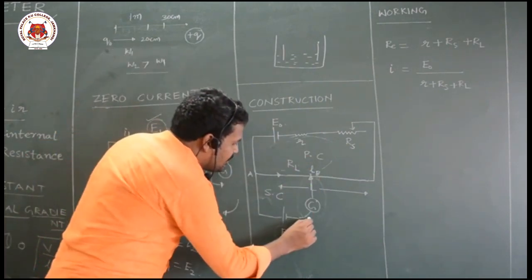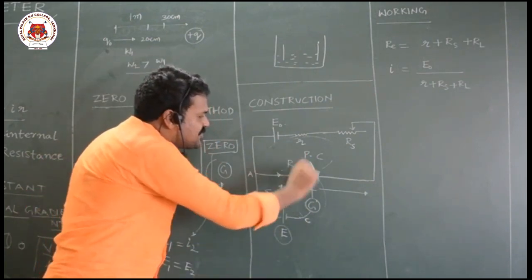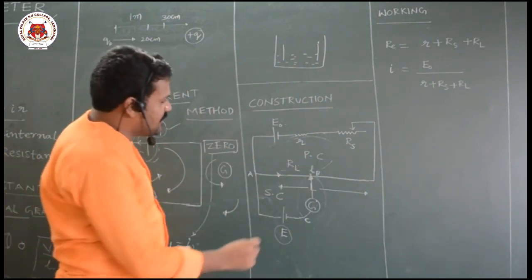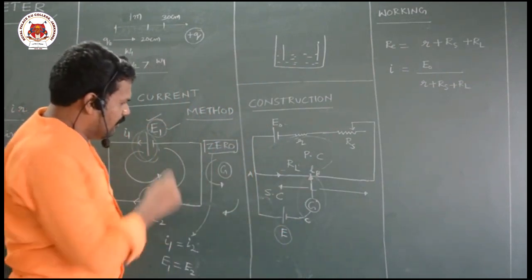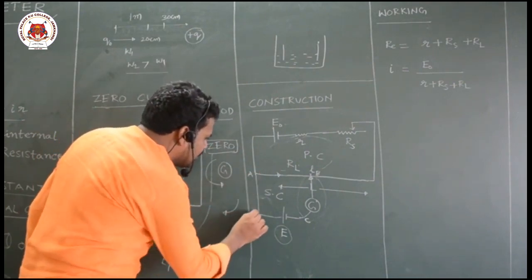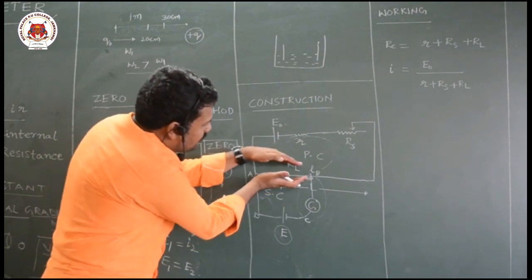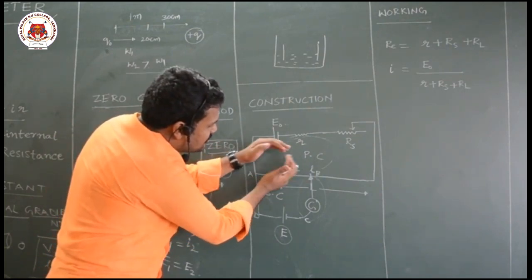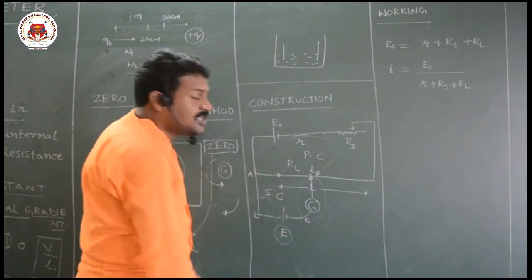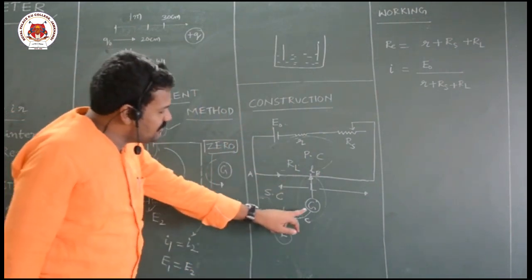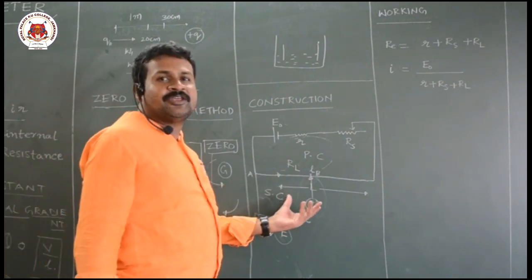Then B, let us take this point as C. There is no potential difference between B and C. That's why current is not flowing. So I can say potential of B is equal to potential of C, and these 2 points are directly connected. So this also, if I take this as D, what potential difference is there across this wire, that same potential difference is there across this cell also. For that reason this galvanometer is showing zero deflection. So this point you have to understand very clearly.